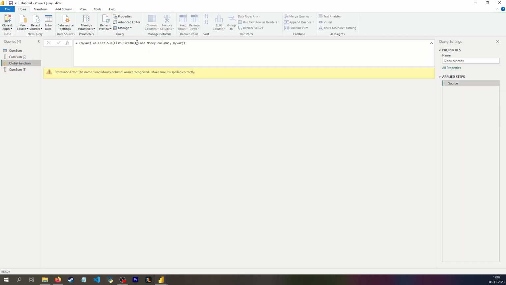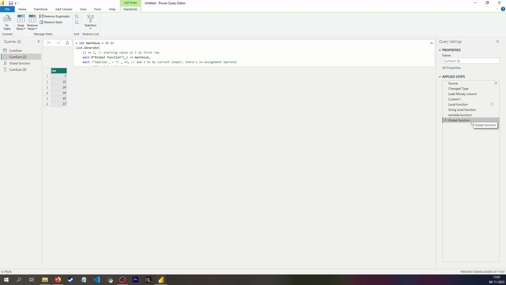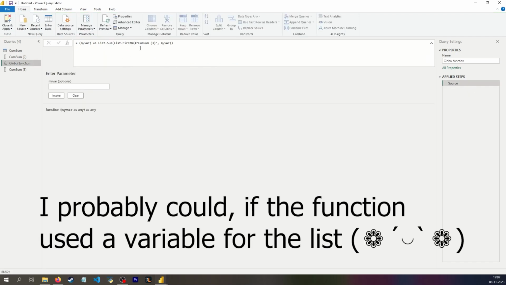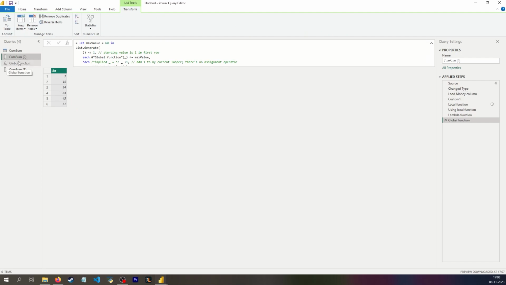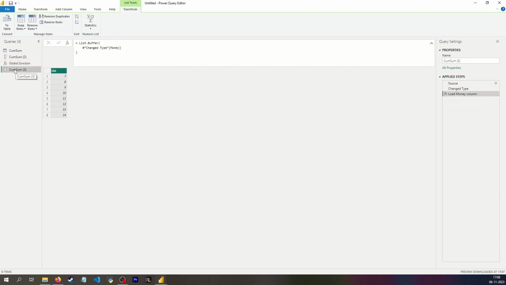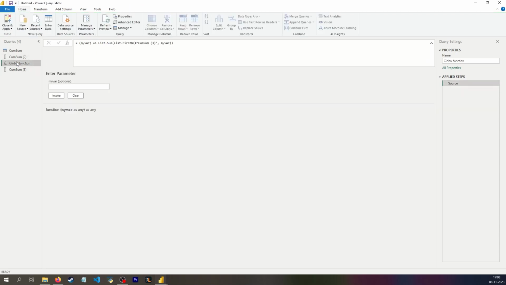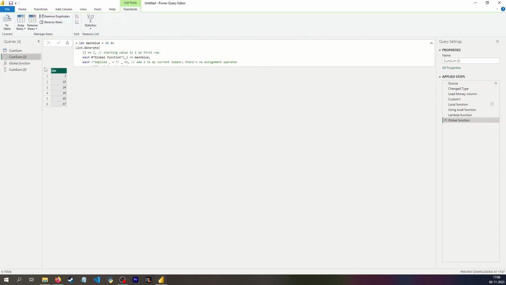So if I change this to be cumsum3, which should be in quotation marks, then it's going to be fine. You can't use the global function if the function refers to a step that only exists within the local query, meaning that I can't make a global function that is a function that's actually a query in itself if that function needs to refer to a step that only exists within a query. But when I do it like this and I create a query that then has my list, then everything is fine. And in this case, I can do that, but I think that's kind of pointless